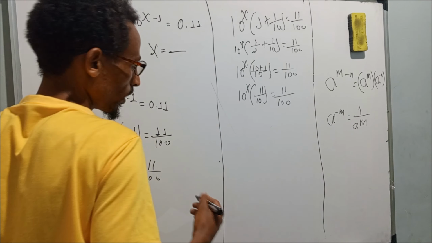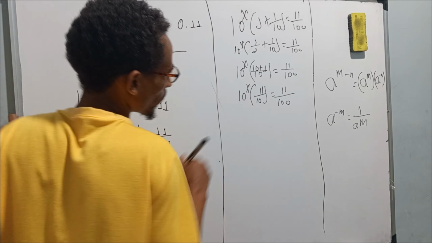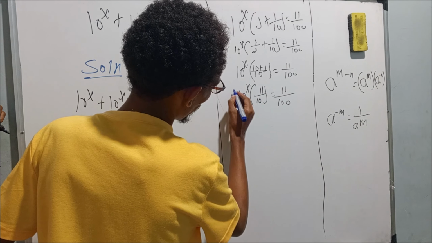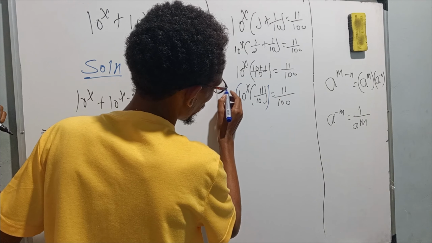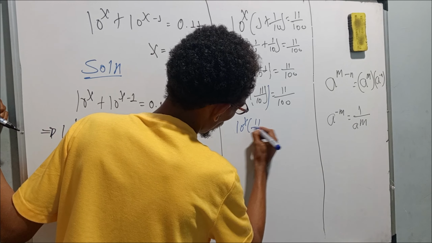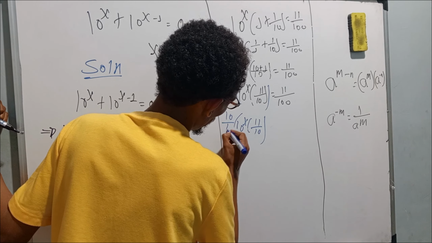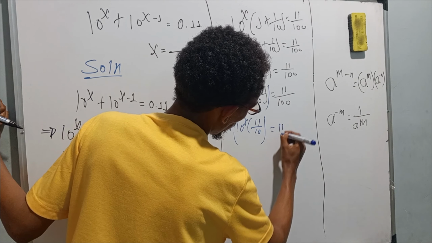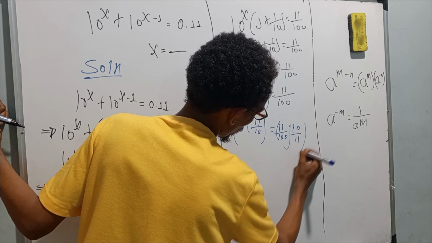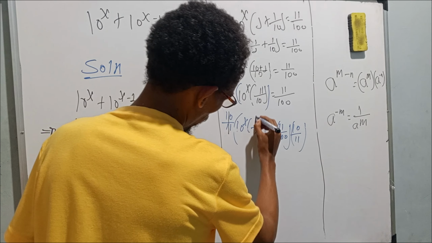Then again divide both sides of the equation by what? 11 over 10. That means the inverse of 11 over 10, which is 10 over 11. We can write from here 10 to the power of x in bracket 11 over 10 divided by 11 over 10, which is equal to again 11 over 100 divided by what? 10 over 11. Then we get from the left we only have what? This is cancelled out by this,